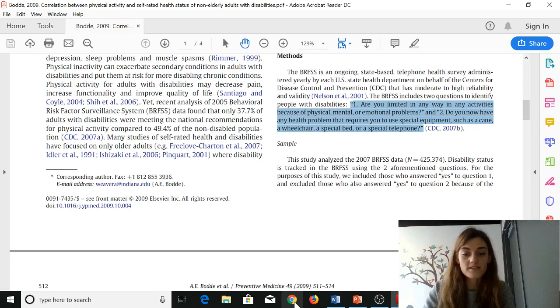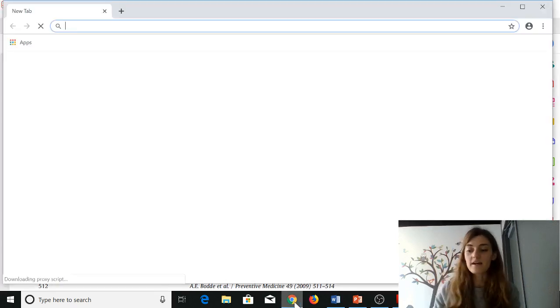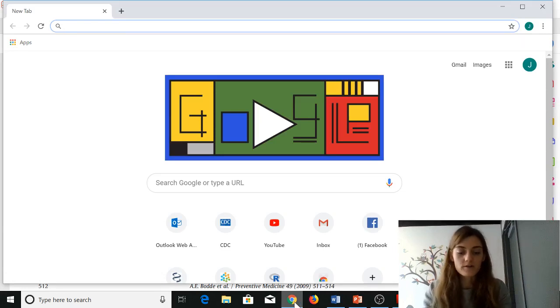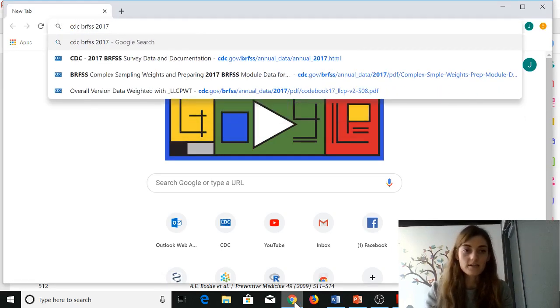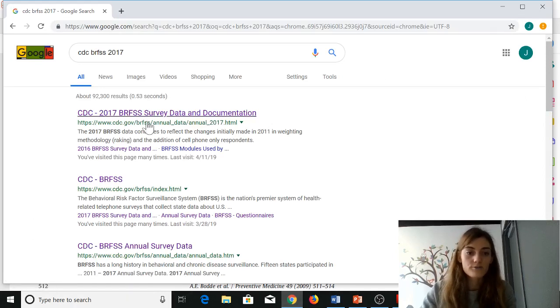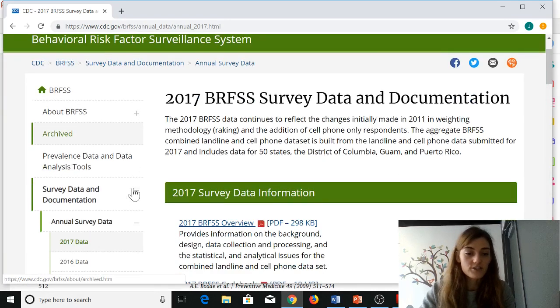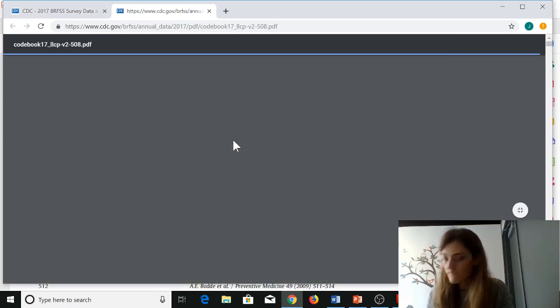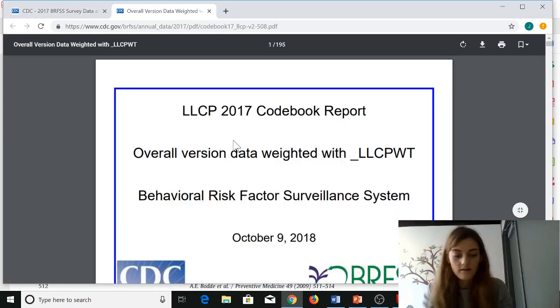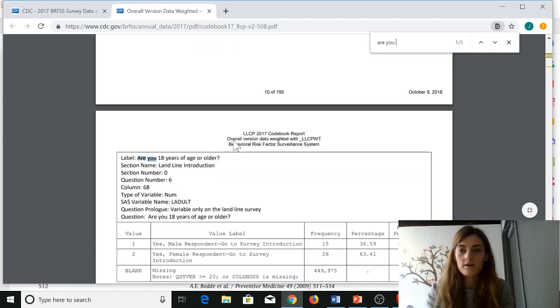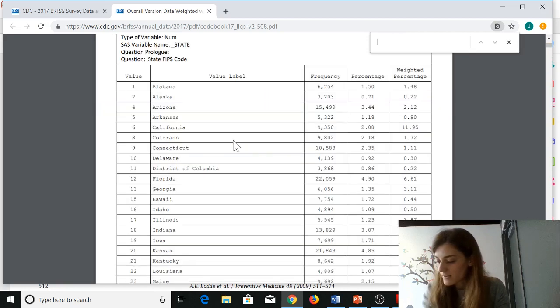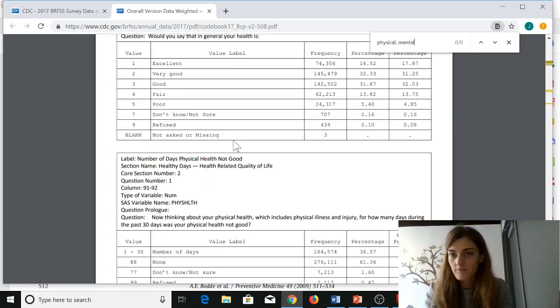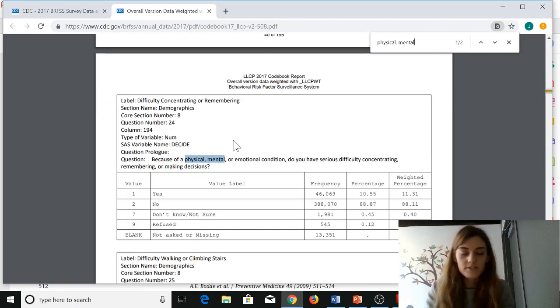So since we're working with the 2017 BRFSS data, I checked on those variables in the codebook. So CDC, BRFSS 2017. Go to our BRFSS survey and data and documentation. Go to the codebook. And to search for those questions, I looked for a couple of keywords. First, I looked for the question, are you limited? So that didn't produce anything. Then I thought to search for physical, mental. So here's one. I did get a hit when searching for physical, mental,